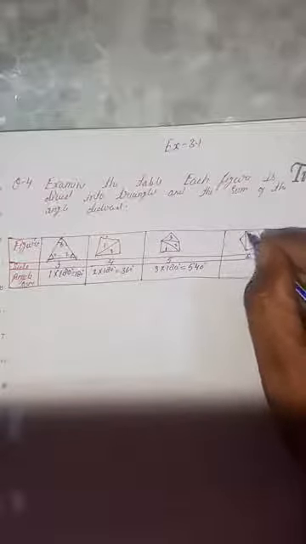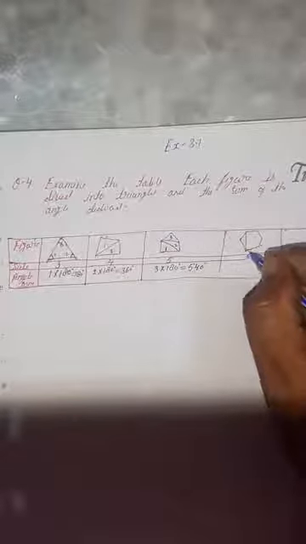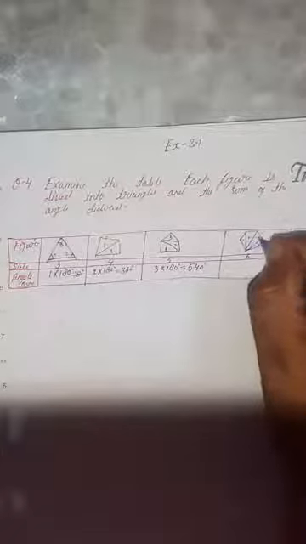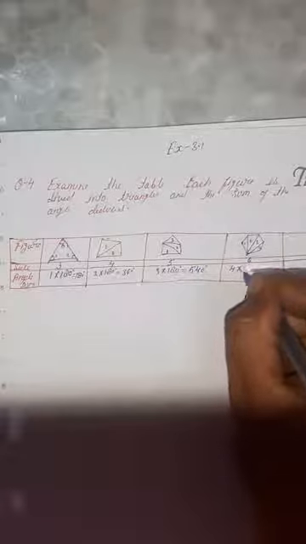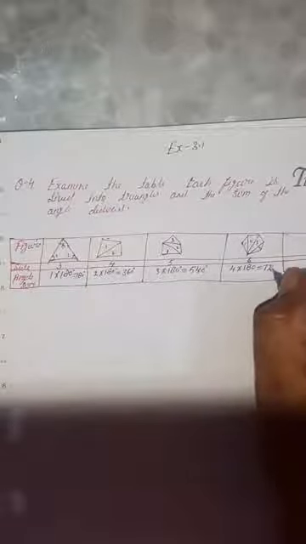By this we can find the sum for different types of shapes. In a hexagon, what will we have? When we join the opposite vertices, like this vertex with this and this vertex with this, how many triangles do we have? First, second, third and fourth. So now we will have 4 multiplied by 180 degrees. What will we get? 720 degrees. Is it clear to all of you?